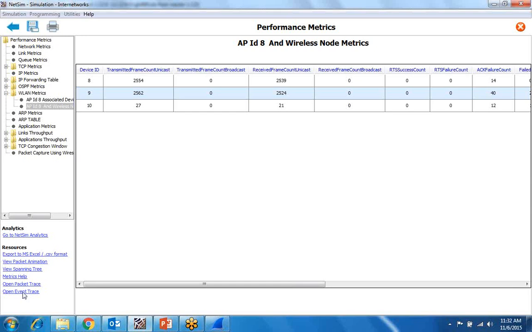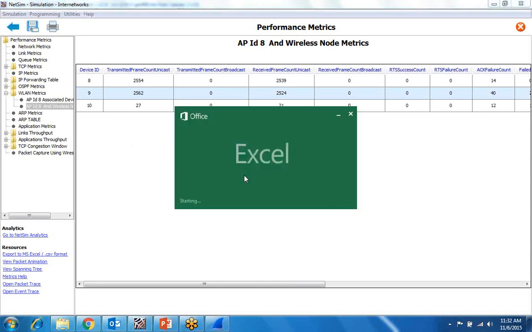Likewise, we have event trace. We click on event trace. It will open your saved file.